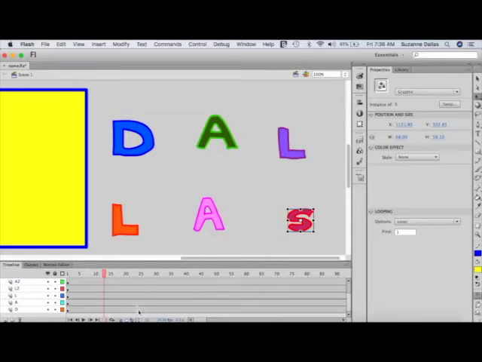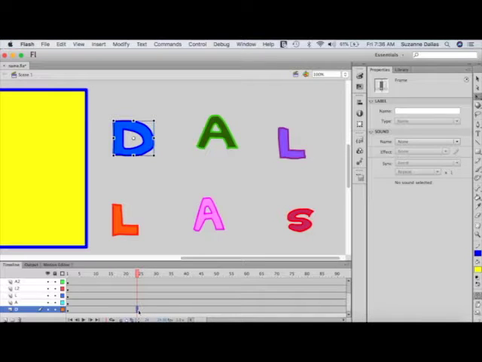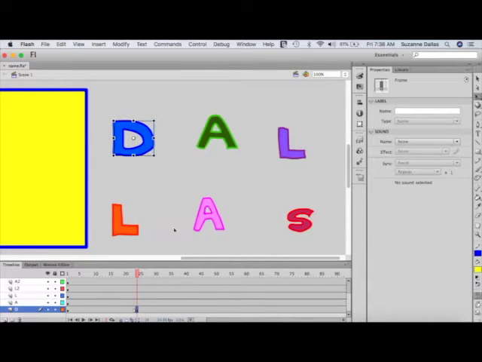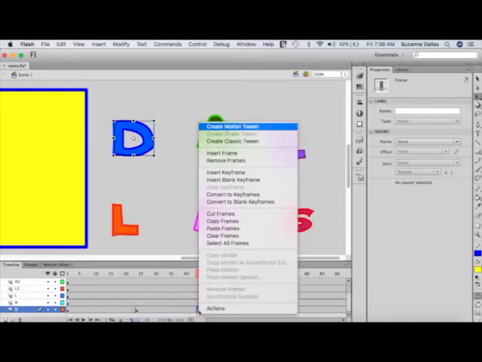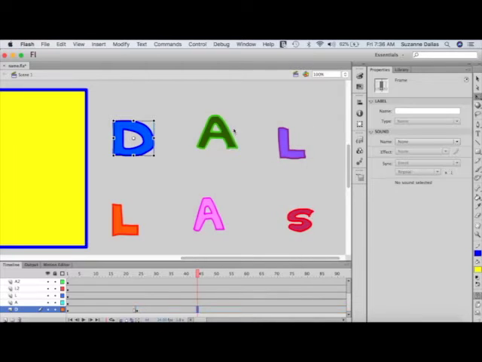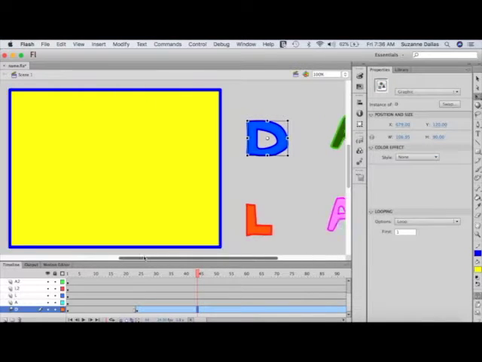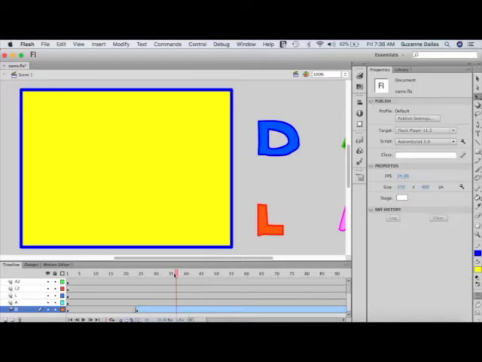I'm going to bring my first letter in after the first second. Remember, it's 24 frames in a second. So at that point I'm going to right click and insert a keyframe. Now from here to the end I can click anywhere in this bar and right click and create a motion tween. So now I can start bringing that letter in. I'm going to bring it in over here,